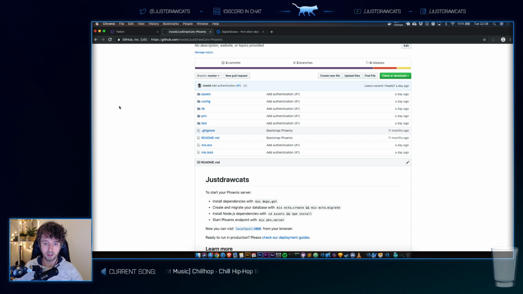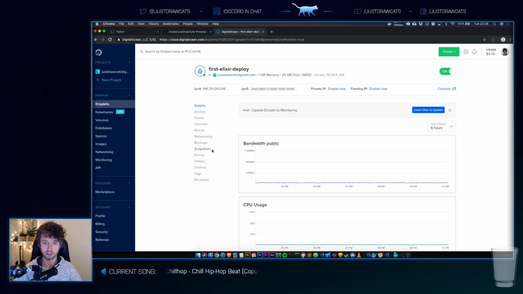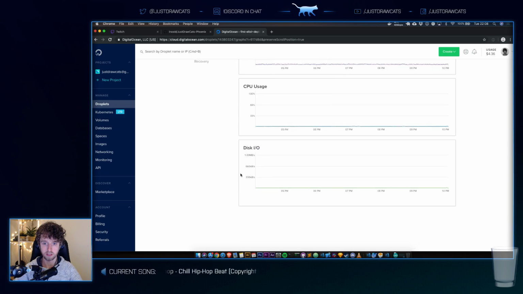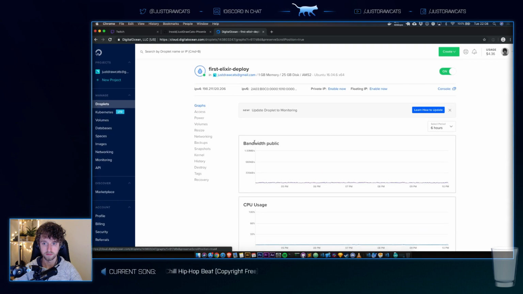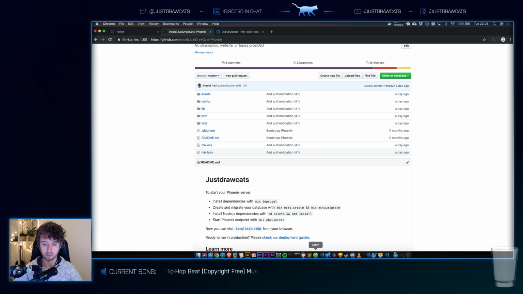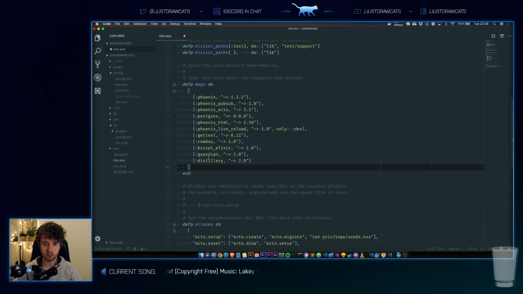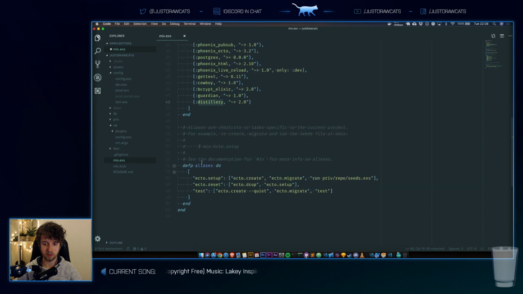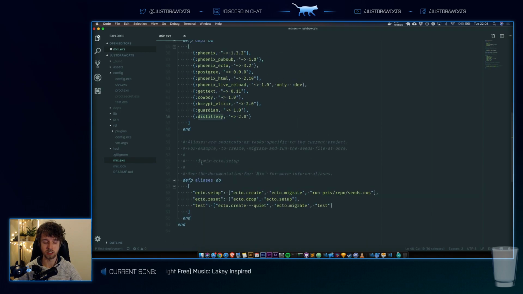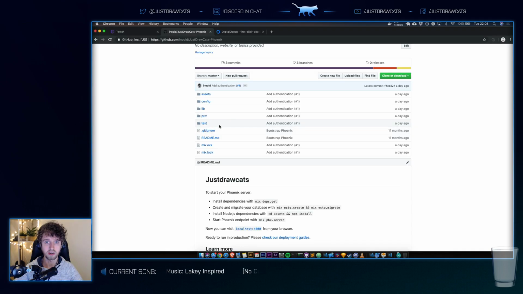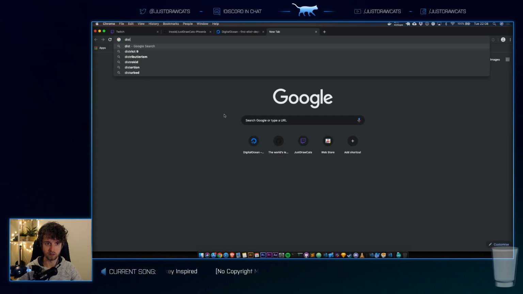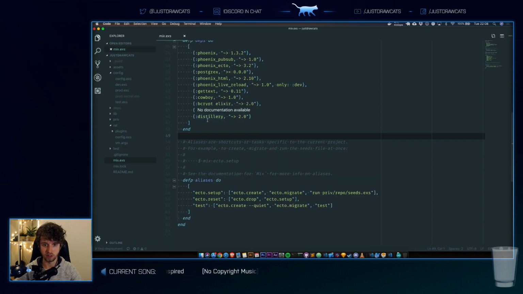So where we left off was us trying to deploy this application for the very first time. We spin up a Ubuntu droplet and we packaged our app using Distillery right here. We set up everything and then we packaged it on Mac, and then it didn't work on Ubuntu for some reason, which apparently should work because that's the whole point of packaging your app for